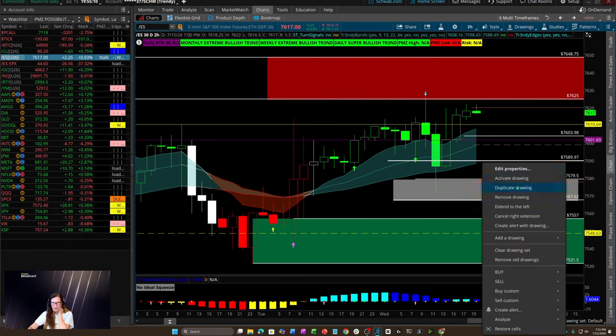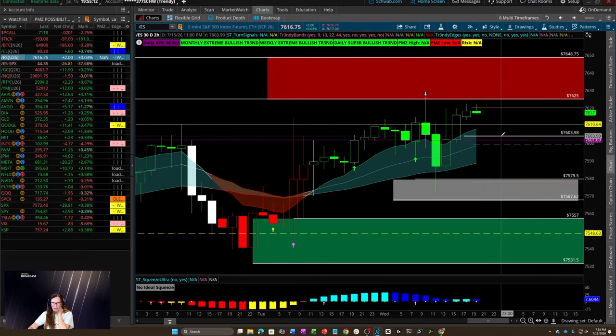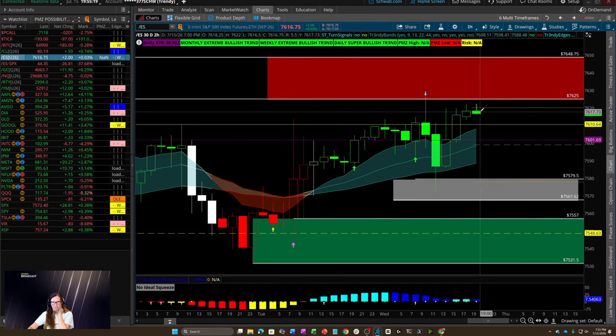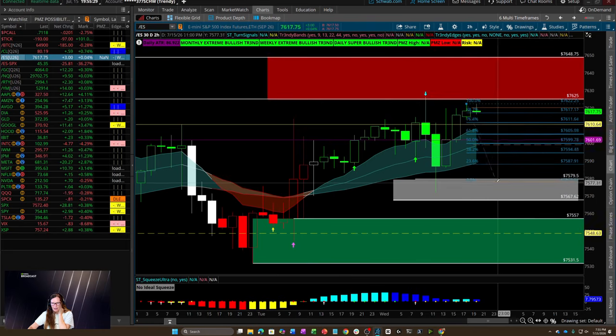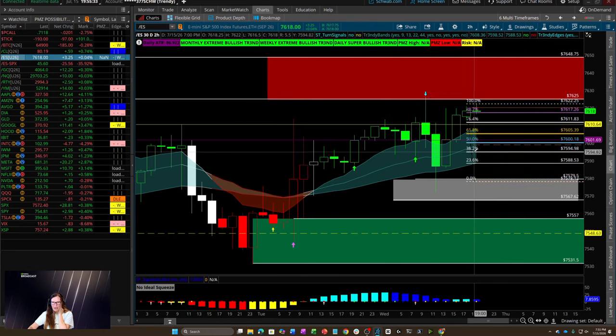But if I were trading this range back to the upside and I wanted targets, we have to hypothetically say that price turned down from here. Price came down to the buy zone, and then I would have my targets